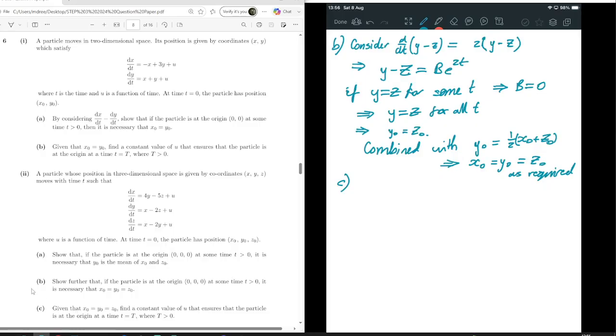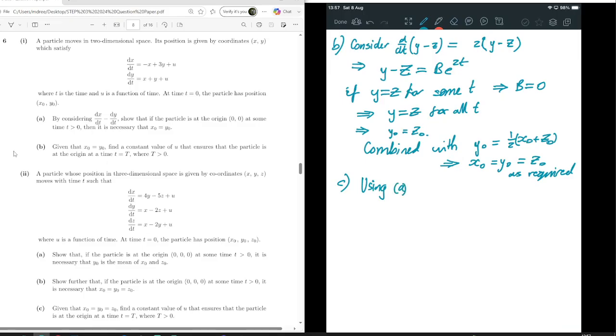And then finally, part C, given that they are equal, find a constant value of u that ensures the particle is at the origin at the particular time. So we're now doing the same as part B of the previous part, but now with 3 variables. So now, using